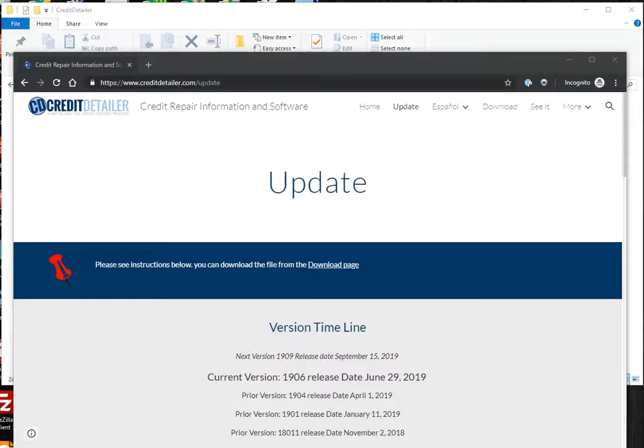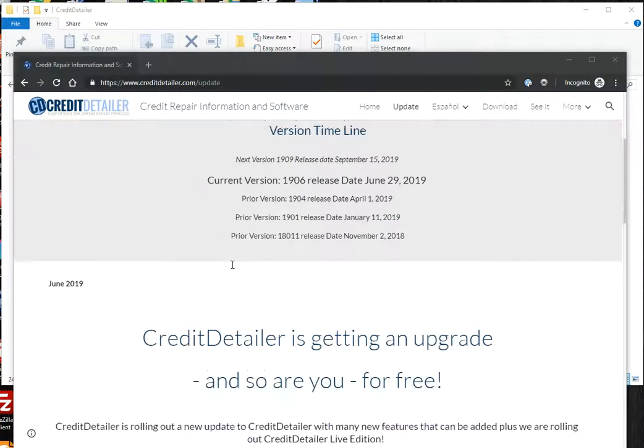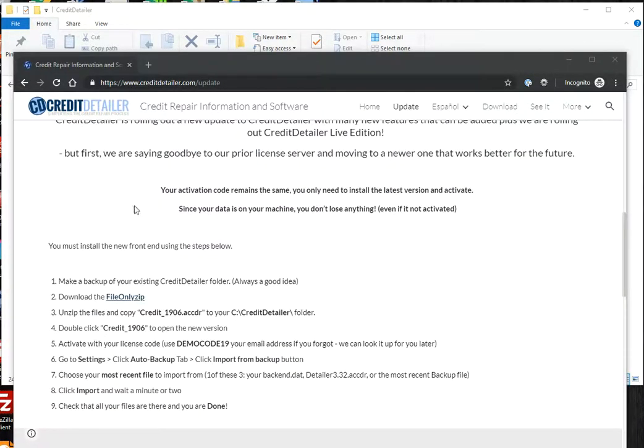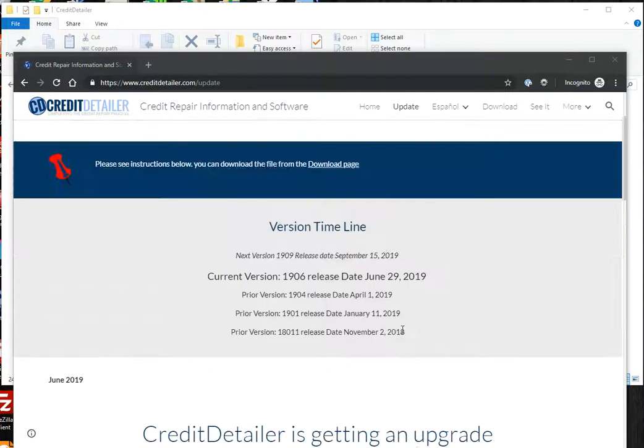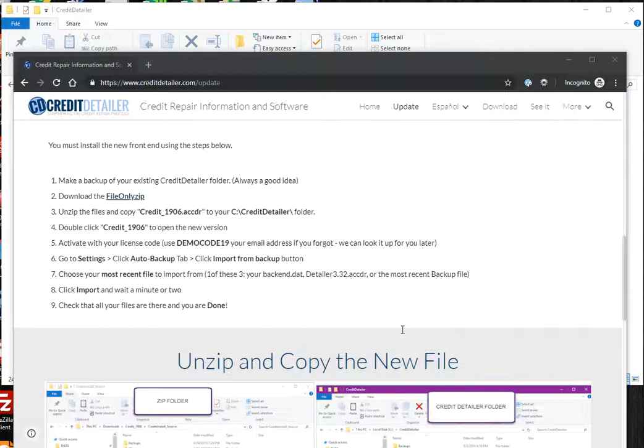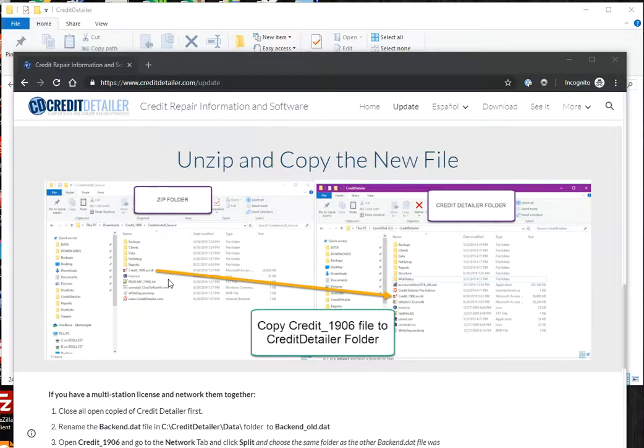Let's walk through updating your Credit Detailer to version 1906. You want to start off at visiting CreditDetailer.com and click on Update. Here you'll see a couple lines of information about how to update this process. This video will also walk you through it. Essentially, you're going to download a file, copy it into your Credit Detailer folder, and then import your data from